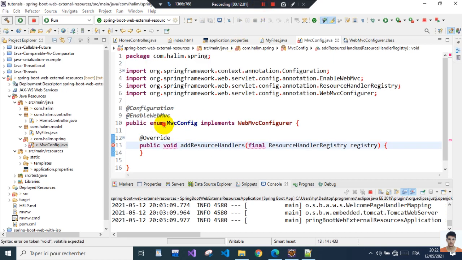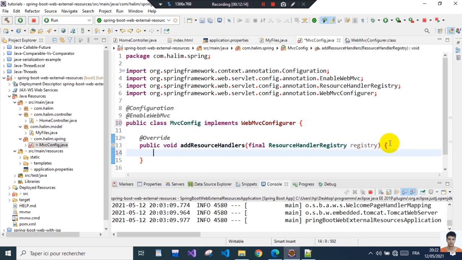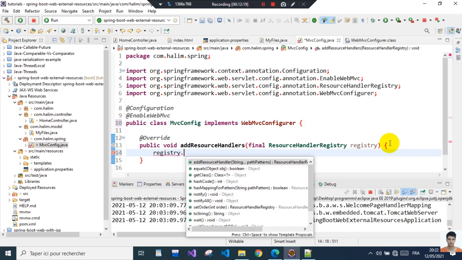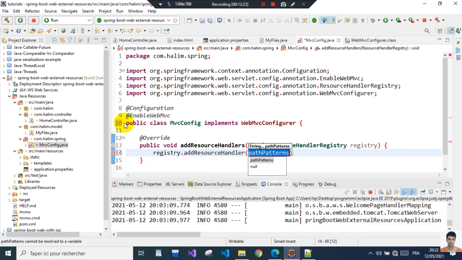Oh wow, I did not pay attention, because this was not a class, and I actually wrote an enum, not a class. That's stupid. So registry and addResourceHandler, and I already have here